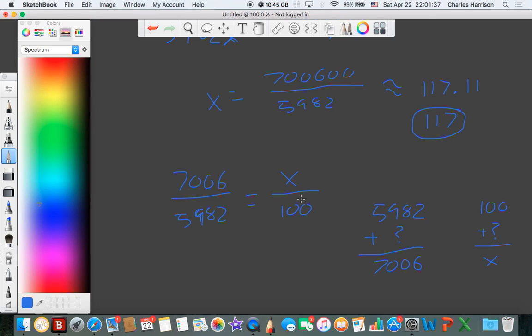we would have this x here, we cross multiply, and we'd replace this x with 117. Well, what that means is it's gone up 117%. That's the growth factor. It went up 117%. Okay? Well, that's how much it went up by, basically, 117%. Okay? All right. So what I'm getting at,